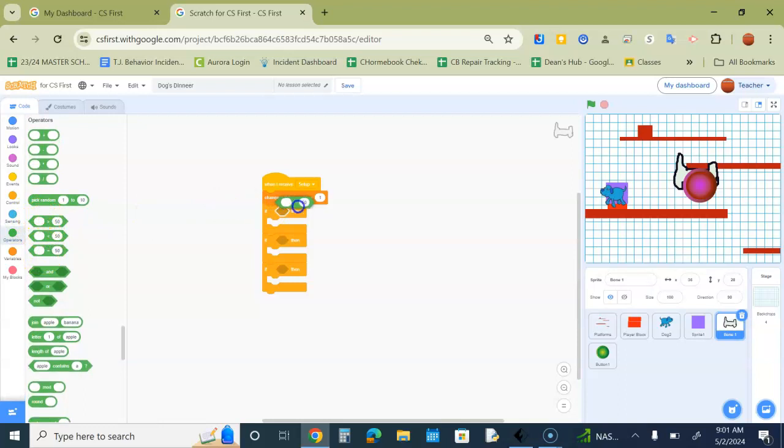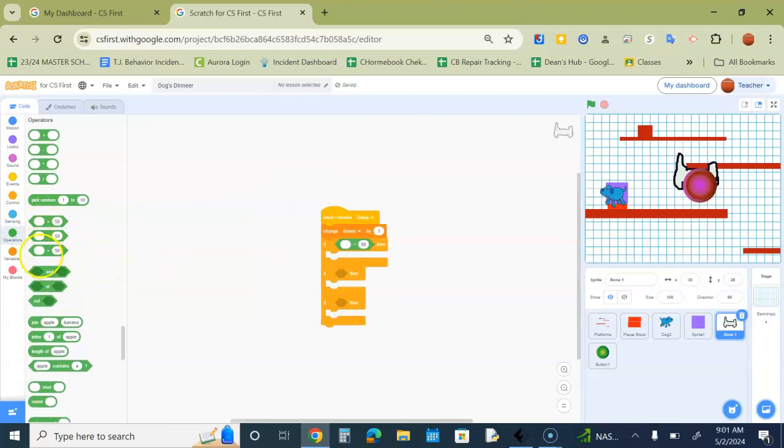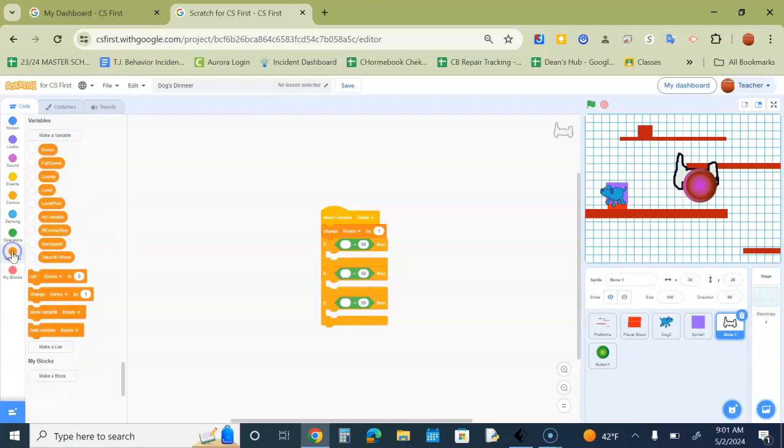So we need the equals operators in both of the thens to designate what's going to happen at each level. Then I'll go back to my variables and grab my levels and put my level in the equals operator. Then I'm going to change my levels to 1, 2, and 3 again, like we have done before, and then